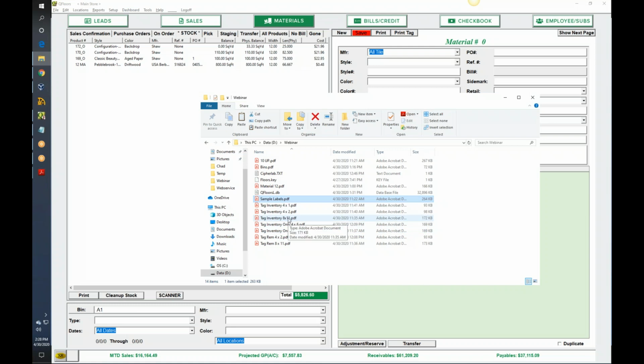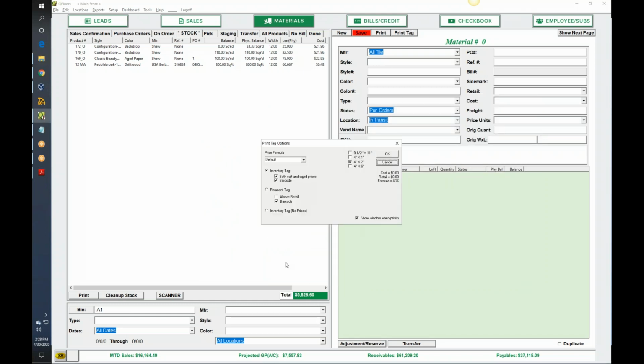I'm not going to go through every one of these, but in QFloors, when you go ahead and print tags, you've got inventory tags, remnant tags, inventory only tags, no prices, and then you have multiple different formats. Now, not every one will print in every format, so you're going to have to go through there and see which ones you are most interested in. If you've been using QFloors at any time at all, you probably already have an idea of which ones those are,